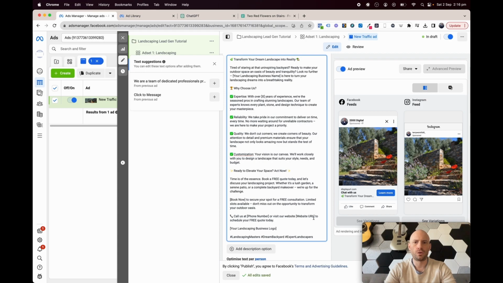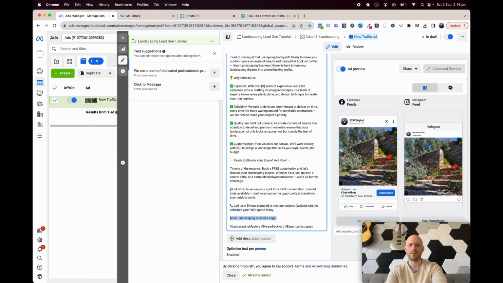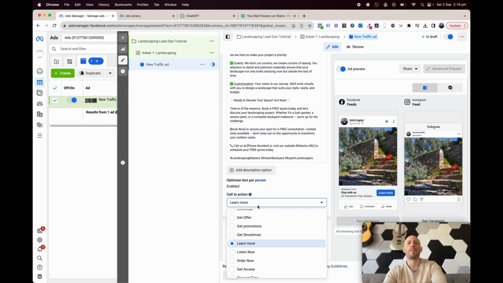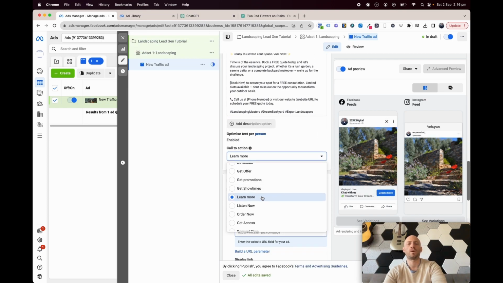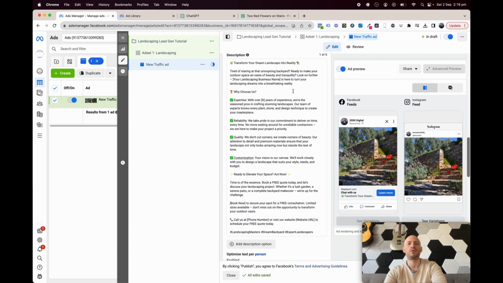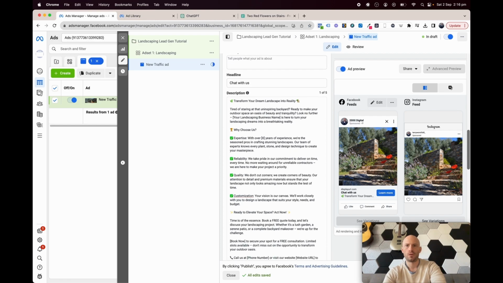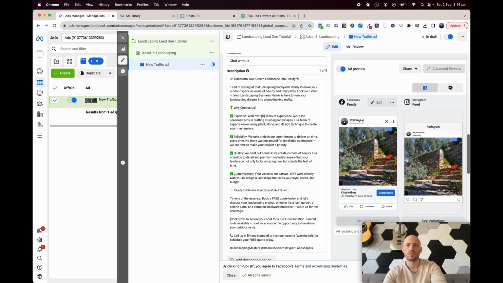Now make sure that you edit these details that are in there, because ChatGPT doesn't know what your specific details are. You don't need to have your landscaping logo in there. I'm not sure why it thinks that you can even do that. And then you can change this to whatever you think is most relevant to your business. So get quotes, usually a good one. Like if you put in your ad that you do free quotes, always good to have your point of difference in there towards the top of the ad, because when we look at the ad previews,